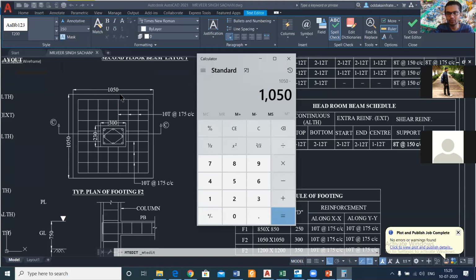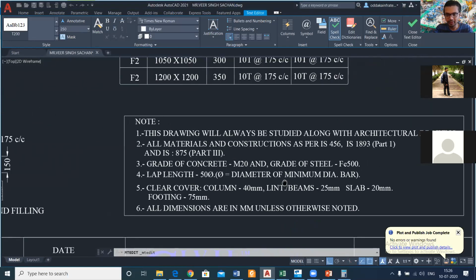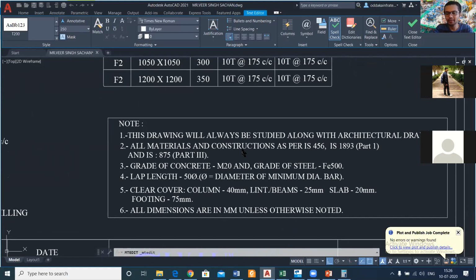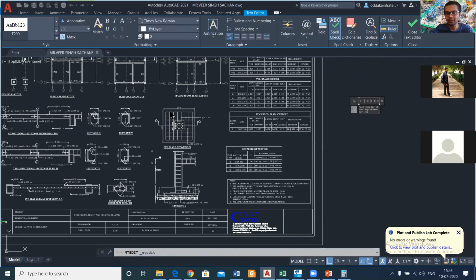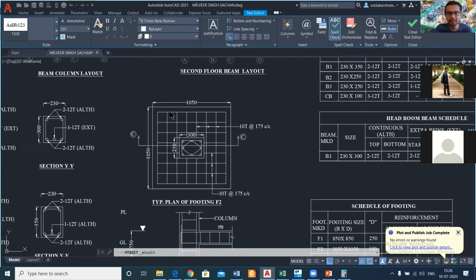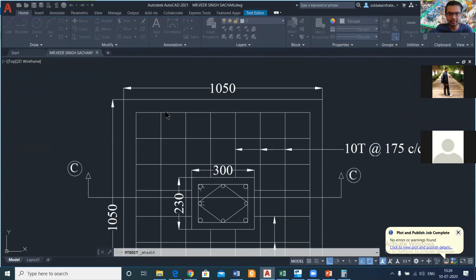This is the cover. So we had told you the difference between clear cover and effective cover. We'd already discussed it, but if it's not clear, please note it down: clear cover is the distance between the end of the reinforcement to the end of the member, and effective cover is the distance between the center of the reinforcement to the end of the member. In easy terms, the clear distance between the end of the reinforcement and the end of the member is called the clear cover, and the distance between the center of this reinforcement to the end of the member is called effective cover.